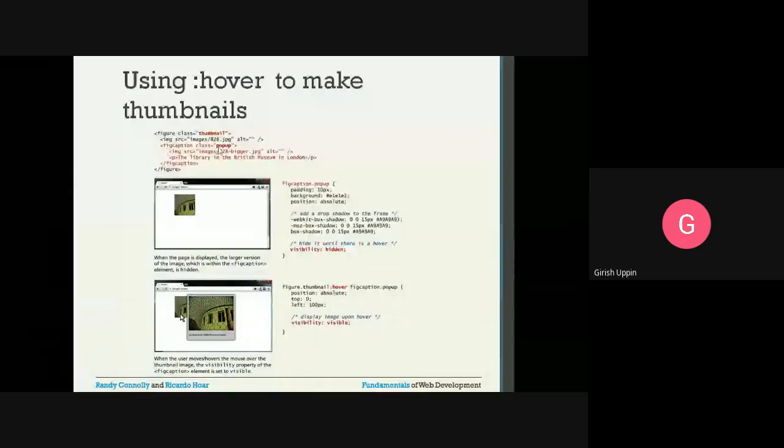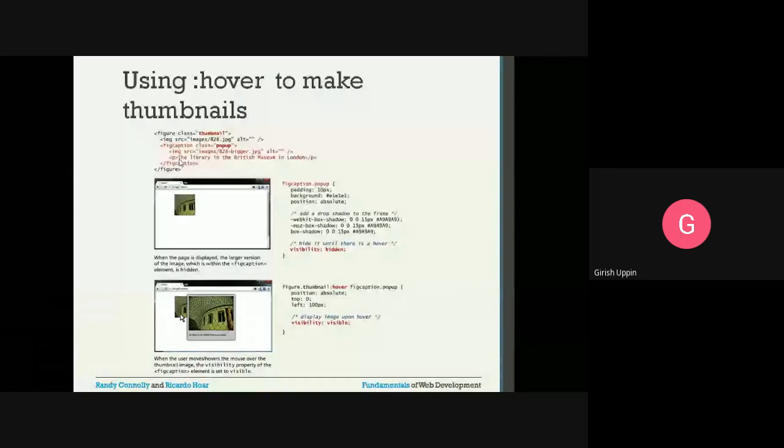This is the image given inside the figure caption, 828-bigger dot jpg, and the alternate value is not specified. After that I have a paragraph, the library in the British Museum in London, and the end of the figure caption. Inside the figure caption I have a larger image, and I have one more paragraph.